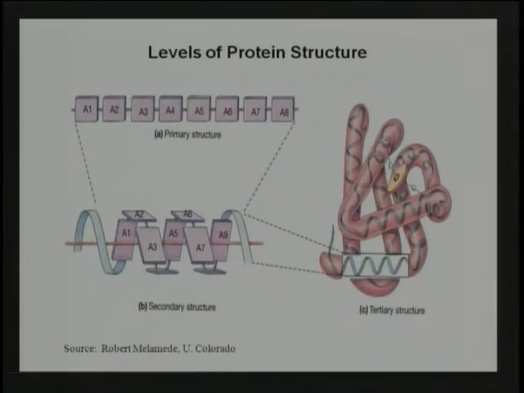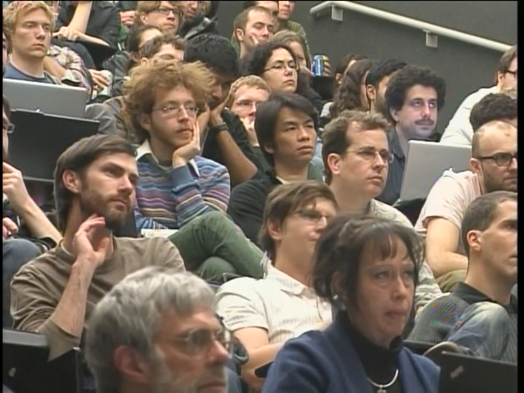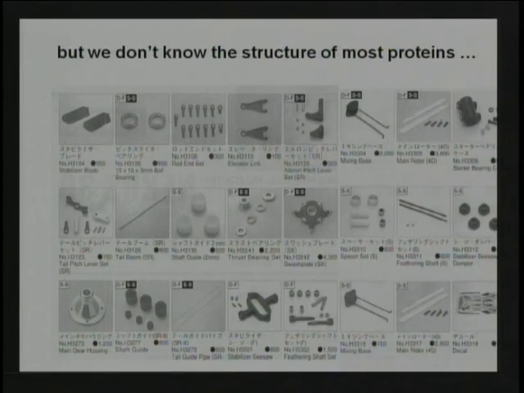These are different elements of secondary structure, but the interesting part comes when those things form and then fold into a more complex 3-dimensional structure. It's referred to as the tertiary structure. And in some cases, what you see is lock and key interactions between proteins or between proteins and drug molecules. So that's a lot of what we're interested in. Now, where are we? Well, we've decoded the genome, but you can sort of think of that as a parts list for what goes on inside a human or an animal. But we don't actually know the structure of most of those proteins.